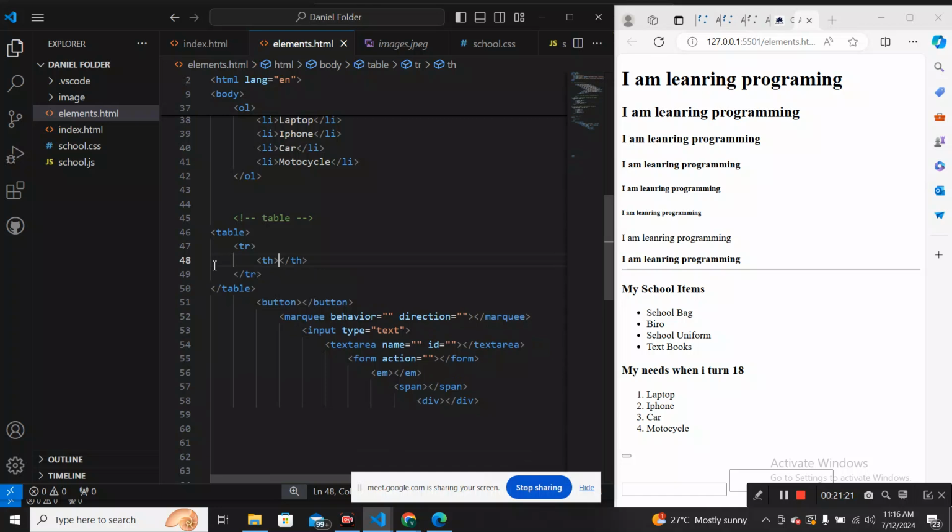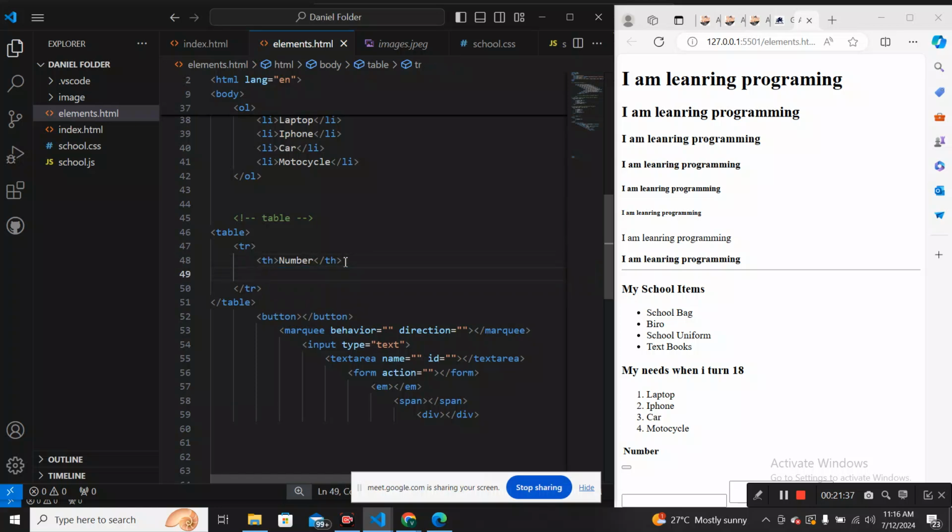Then you say number. If you watch, you can see it on the browser. Look down, you see number there. So number, table head, th,